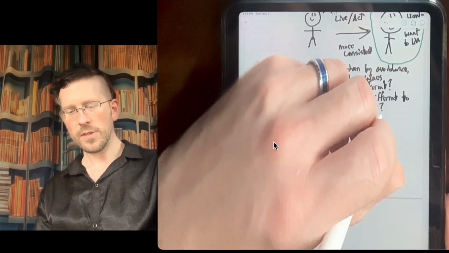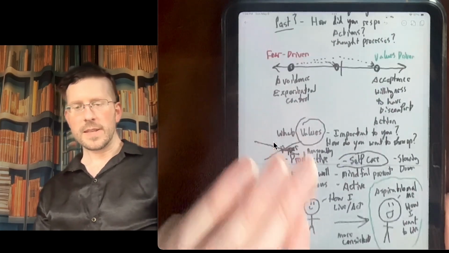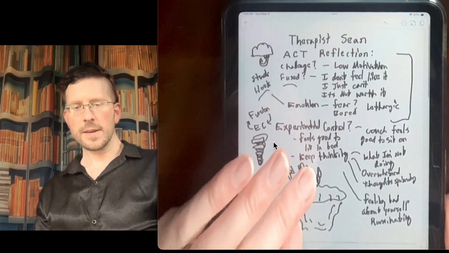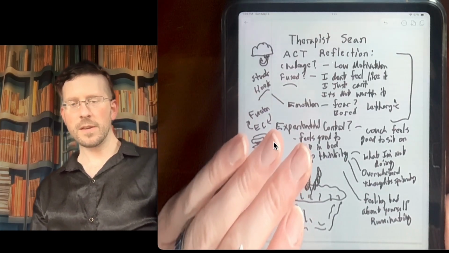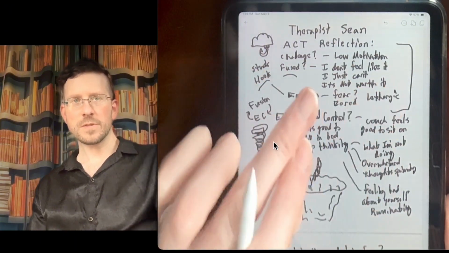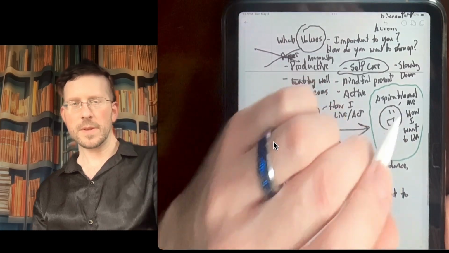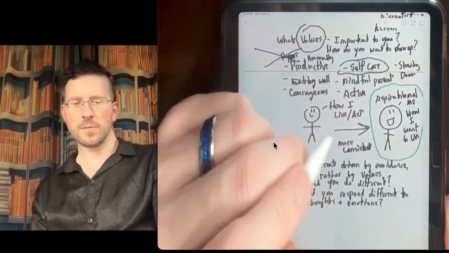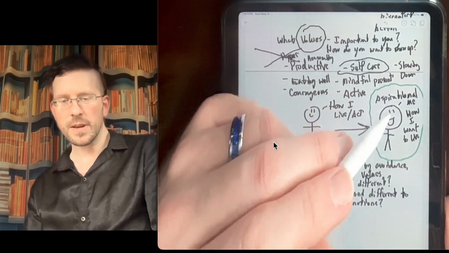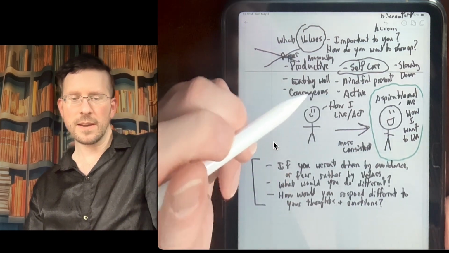Okay, you have the thought that tells you, just stay in bed. It's not worth it. You won't feel better anyway. What's the point? How would you respond differently to that stuff? How would you respond differently if you were going, but wait a minute, this is how I want to live. I want to be reasonably productive, but I do want to slow down. I do want to take care of myself.